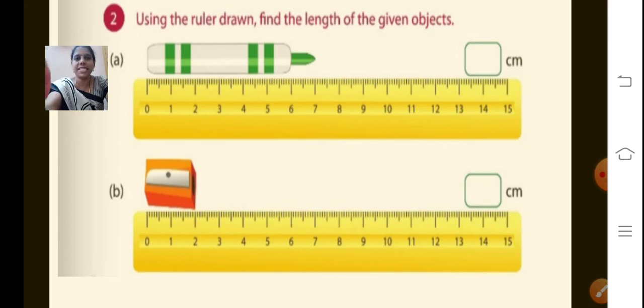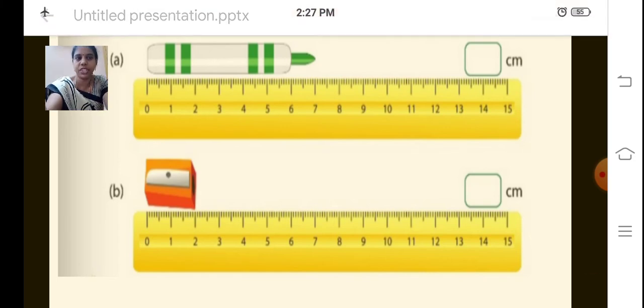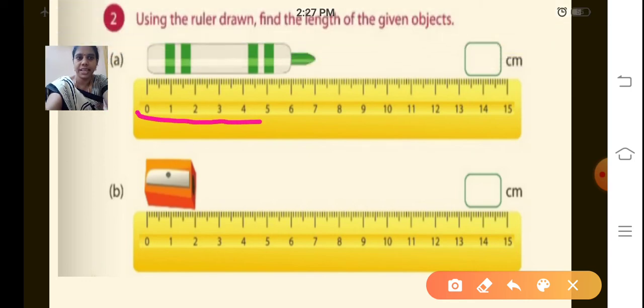Tell me. Just see. We have to start from 0. So just see what is the length of that. It ends at which number? It ends at 7, isn't it? So how many centimeters is that? 7 centimeters. So write down 7 centimeters. What is the length of that? 7